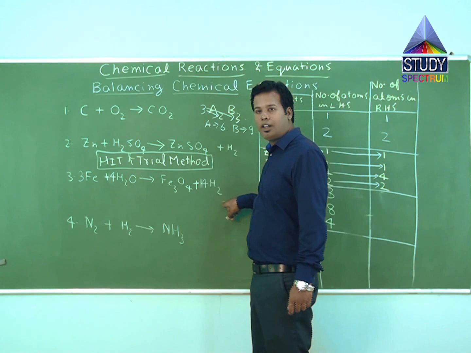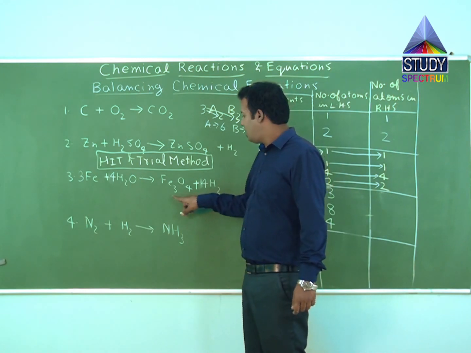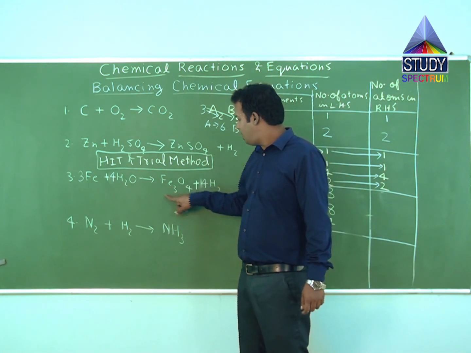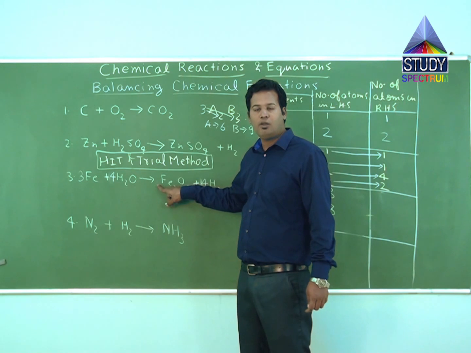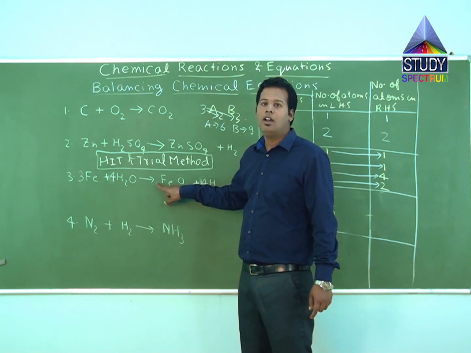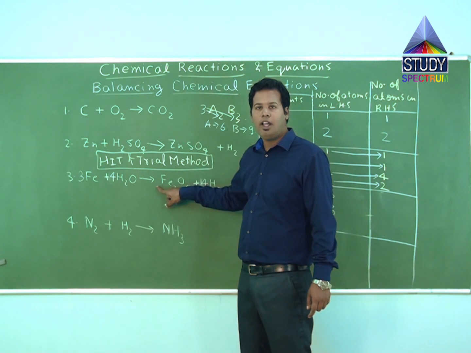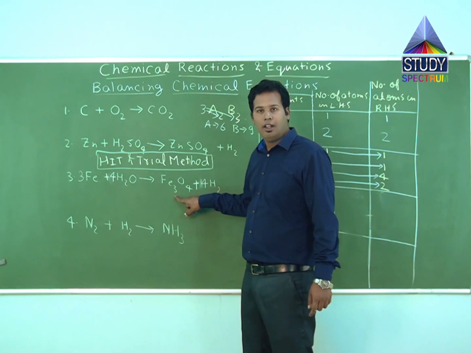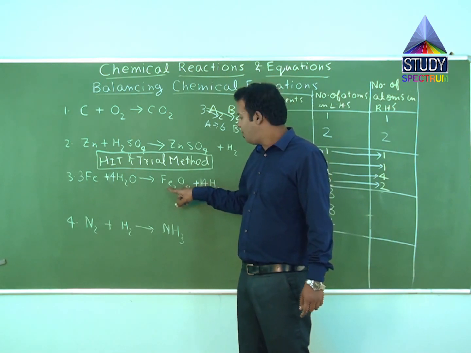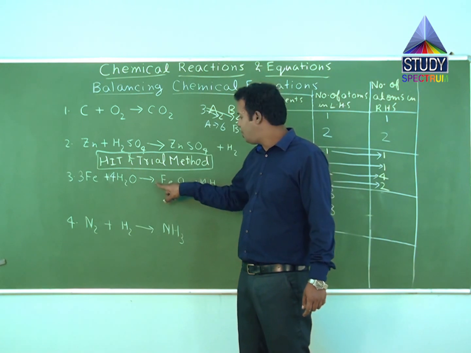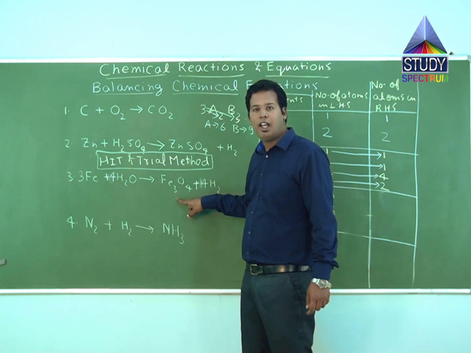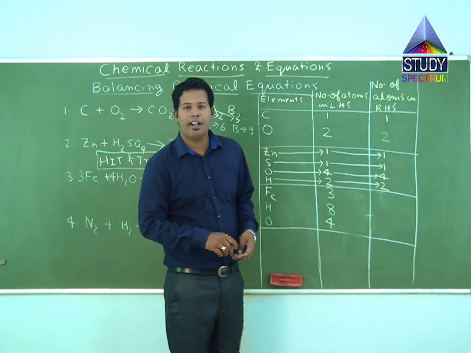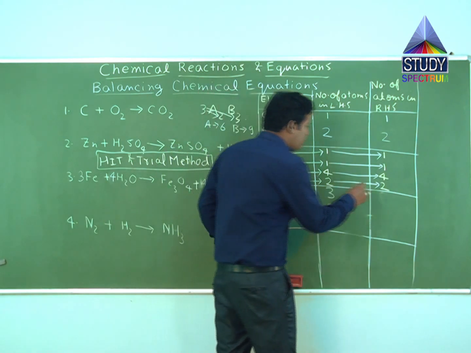The second product does not contain iron. It means that we can calculate the number of iron atoms using the first product only. Correct? Now, if you see the first product, the coefficient of this product is 1, since nothing has been written there. It means the coefficient of this particular compound Fe3O4 is 1. The suffix of iron in this compound is 3, written over here. Right? So the number of iron atoms in this compound will be the coefficient of this compound into the suffix of this element in the compound. That is 1 into 3. So the number of iron atoms on the right hand side is 1 into 3, that is 3.